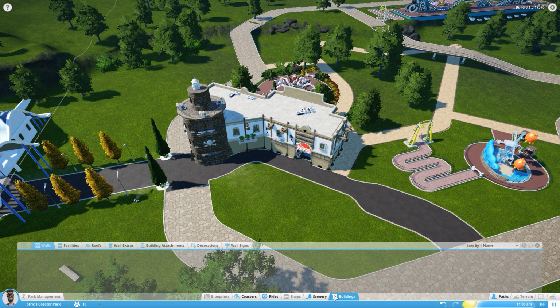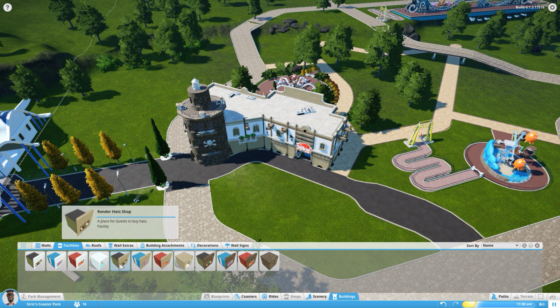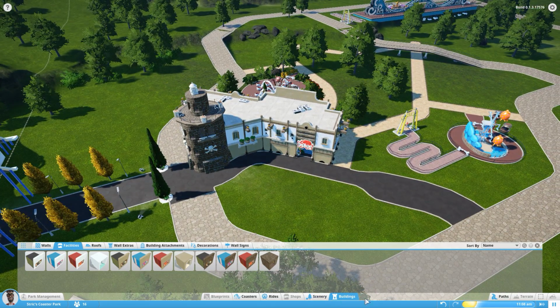What I wanted to create, and I'm on the wrong menu, of course. Let me go to facilities. So we have 4 types of facilities at this point in time, and I wanted to have clusters of each 4 of them, or at least 3 of them, throughout the park. They're going to be repeating over and over again, with different architecture styles for sure, but that's sort of what